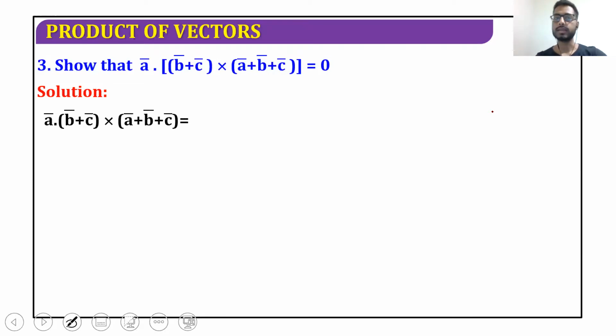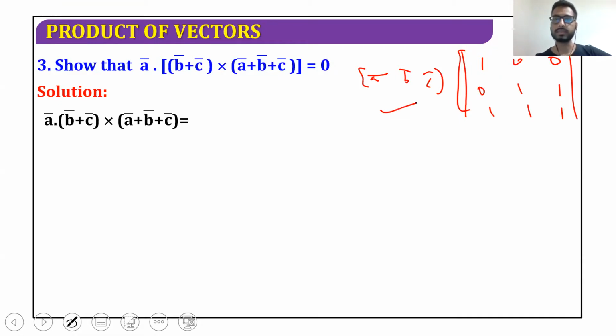A, and in between we have b plus c cross a plus b plus c. So what I can do first is I can take out a, b and c common. The remaining terms inside I can write in determinant format. My first term is vector a bar, so just a 1 0 0. Then I have b plus c, and in the third one I have a plus b plus c. So expand this and that is the answer.